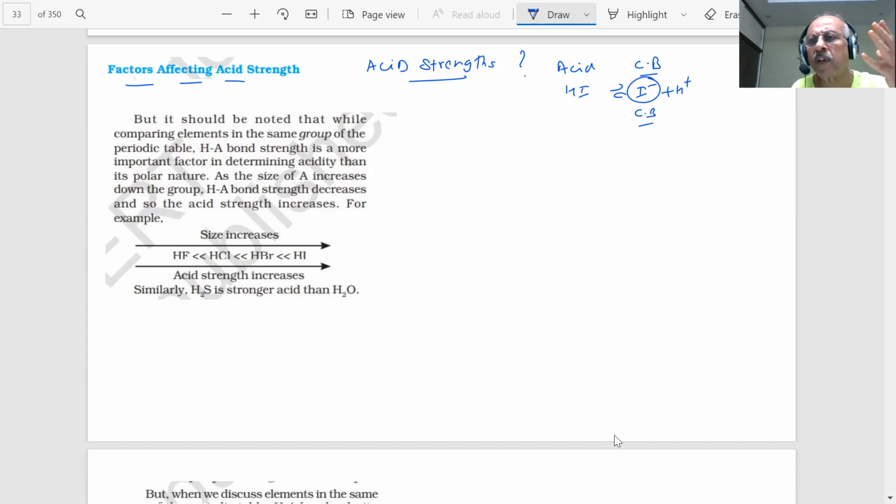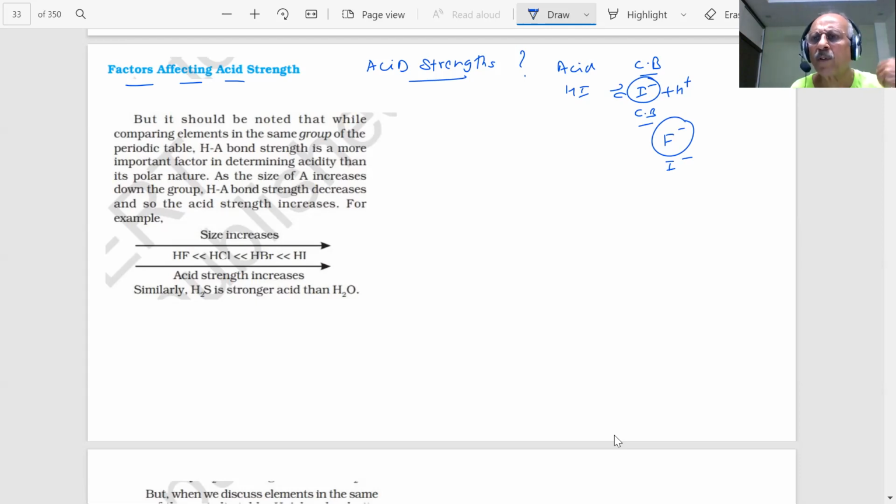So that we say is something like electronegativity. If I have F minus and I minus, F minus is very electronegative. It will immediately react back and go back. As compared to this, the charge density is less here. This is a larger size, so the charge is distributed over a bigger size. When charge is distributed on a smaller size, it will immediately react. So there is no one factor, there are many other factors also. We are just saying what the possible factors could be.